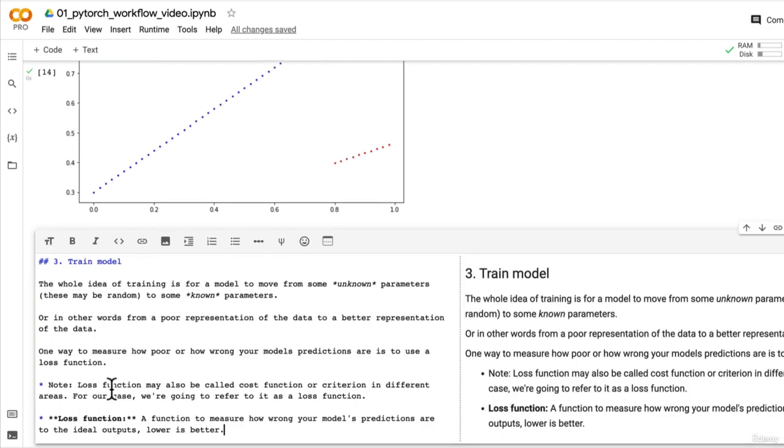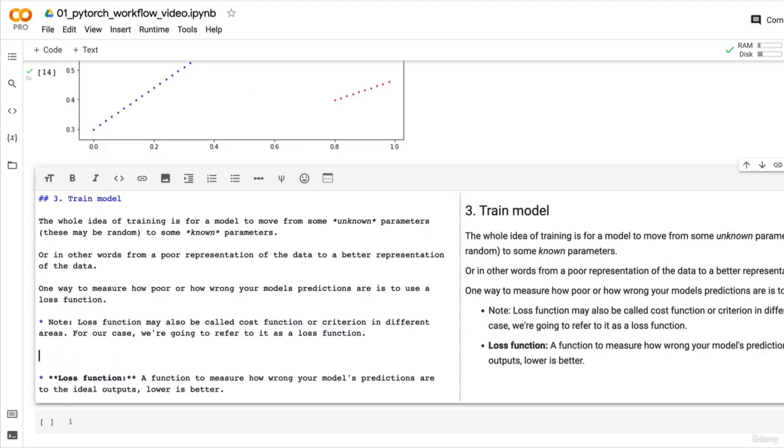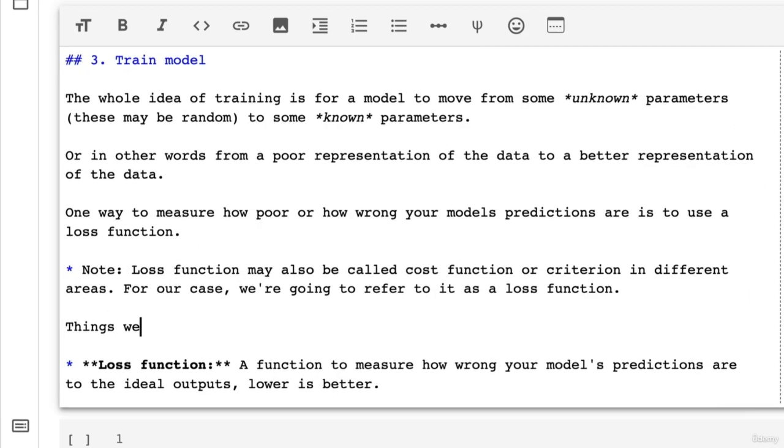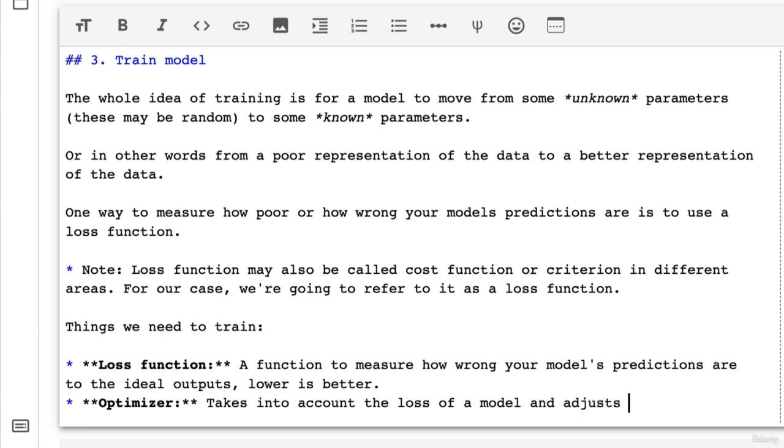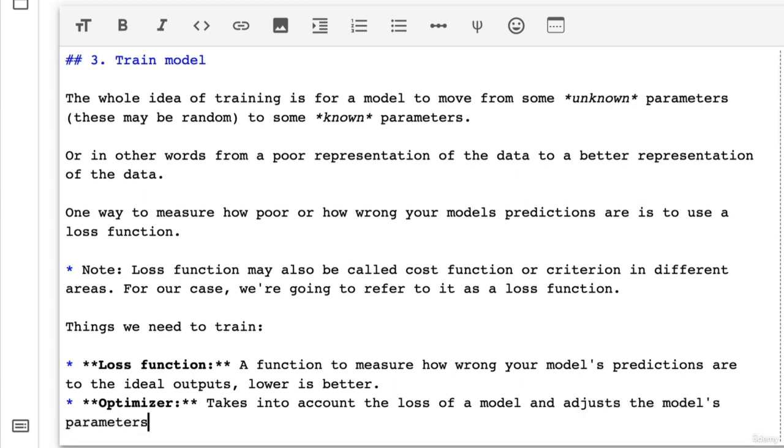So we need a loss function. I'm going to write down another little dot point here. This is just setting up intuition. Things we need to train. We need a loss function. This is PyTorch, and this is machine learning in general, actually. But we're focused on PyTorch. We need an optimizer. What does the optimizer do? Takes into account the loss of a model and adjusts the model's parameters. So the parameters, recall, are our weight and bias values. We can check those by going